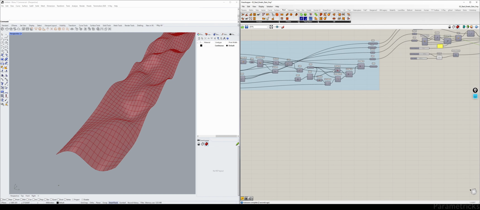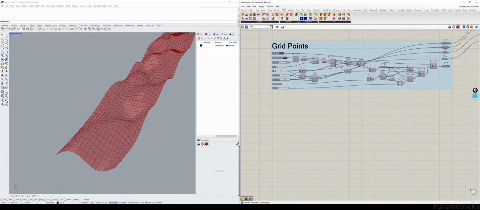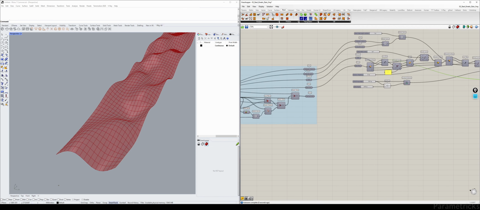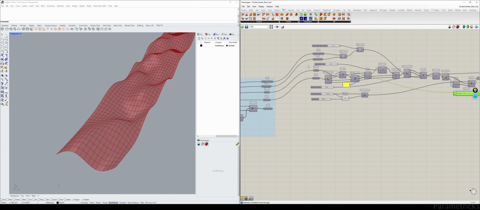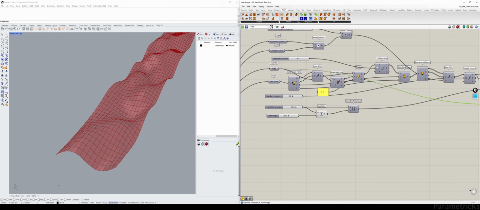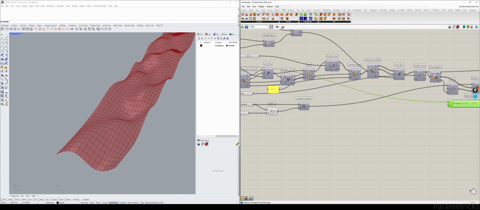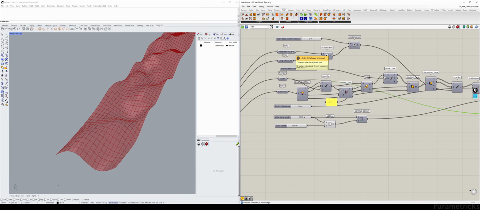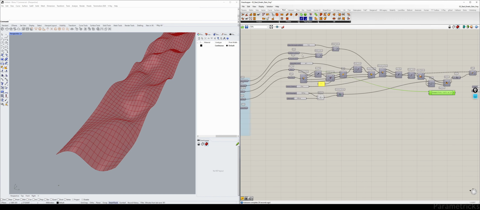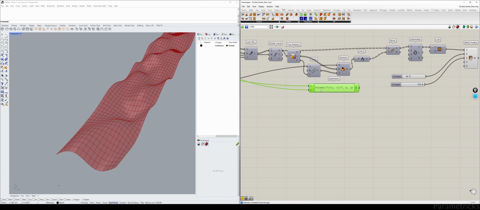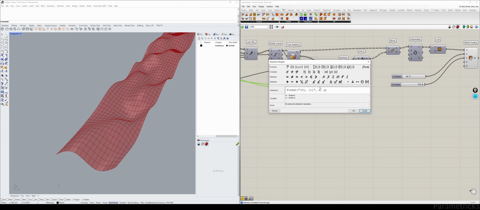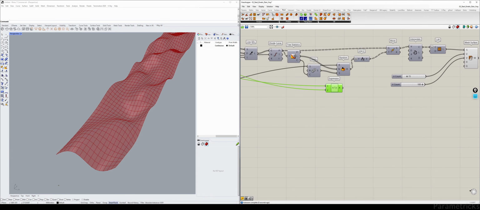We could also just take the short side number here, but I don't want too many inputs and outputs, so I'll take it from this one and recalculate, because I have the in-between distance, which will be this one. So if I double click here and say x divided by y,